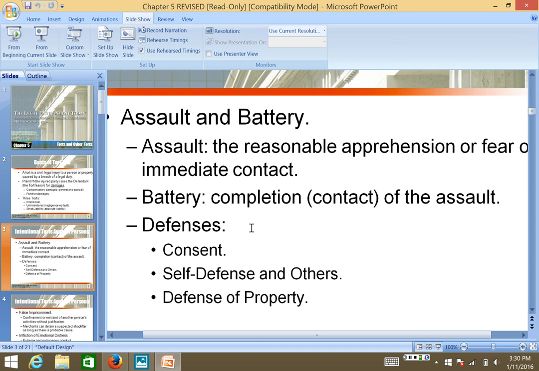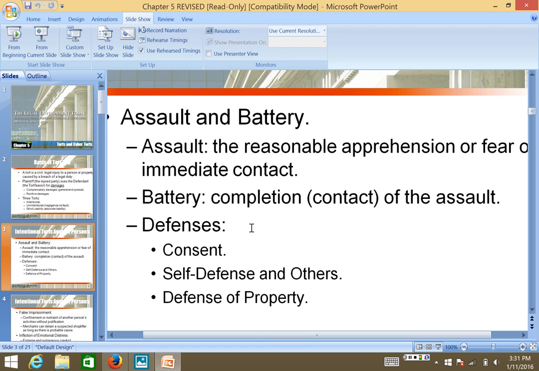The law allows you to use reasonable force to defend property. If someone attempts to snatch a cell phone off of your desk, for example, and take it from you, then you are entitled to use reasonable force to push them away, to take away their hand, etc., in order to protect your property. Are you entitled to use deadly force? Answer, no, not in the case of defense of property. The law will not allow you to use deadly force to protect your things.